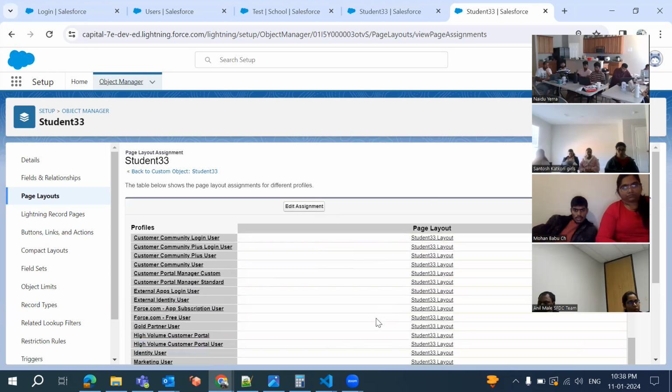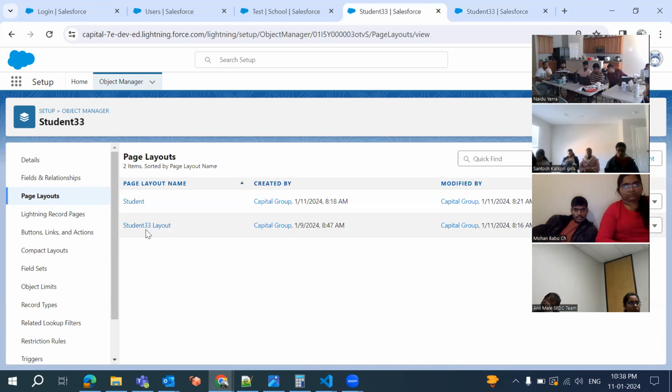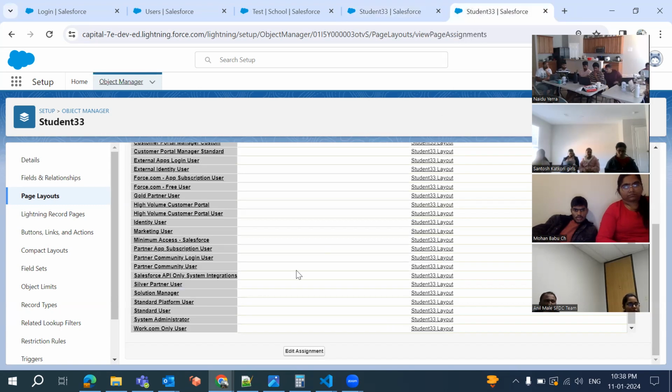By default, what happened? For all the profiles, the student 33 layout is assigned. My user is a system administrator user, and for the system administrator user, I would like to change the layout. By default, the student 33 layout is assigned, but we have created two layouts: one is student 33 and another one is student. I would like to assign the student layout to the system administrator profile. Then what I can do is simply click on edit assignment